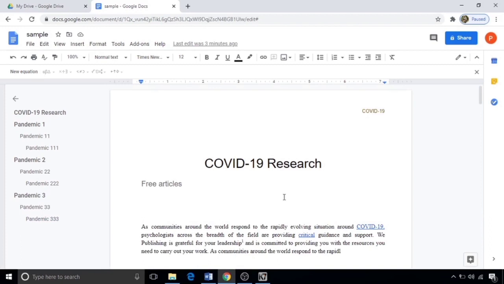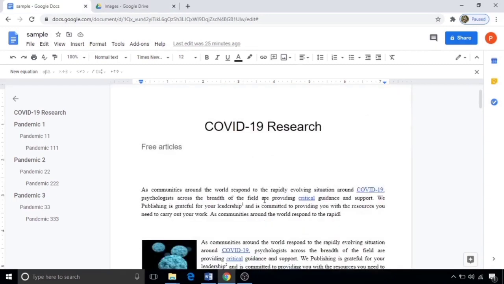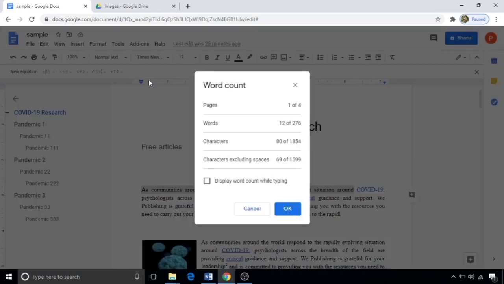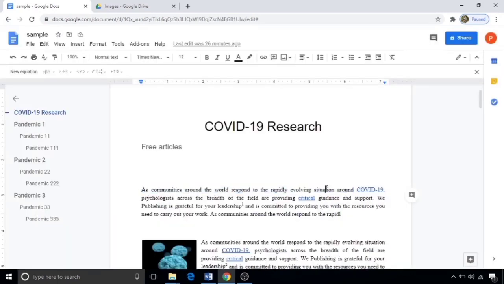Up to now, we have seen the basic features of Google Docs. Next, let's move to see about Google special features. When you allot an assignment to students to submit within 200 or 250 words, here is an option. You can easily check whether they submitted within the given limit or not. For that, select the words first, then Tools, select Word count. Here you can see in which page you selected and how many words you selected, also characters including spaces. You can also enable this to count your words while typing, like this. That word count allows you to quickly check that.